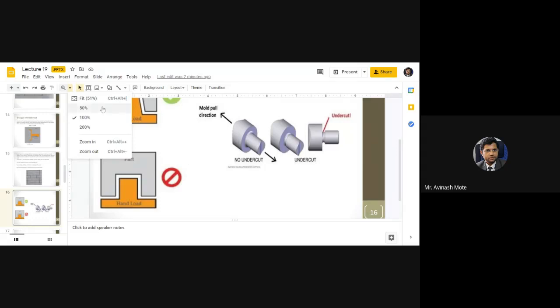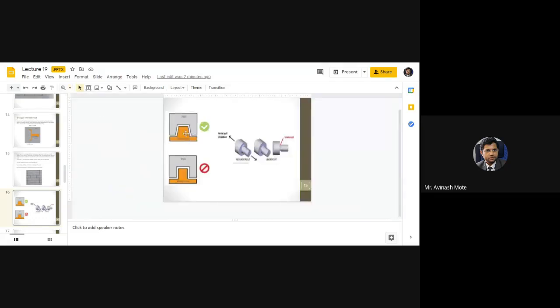If you check these two figures, the first two, which are shown vertically, the first figure is showing right and the second figure is showing wrong. Wrong in the sense that the design of the component is wrong.